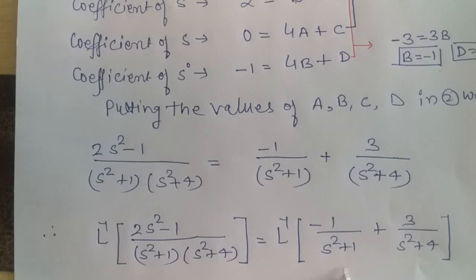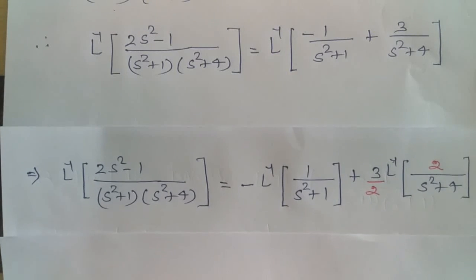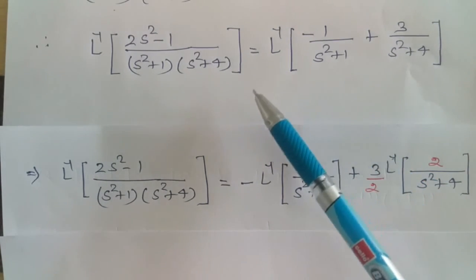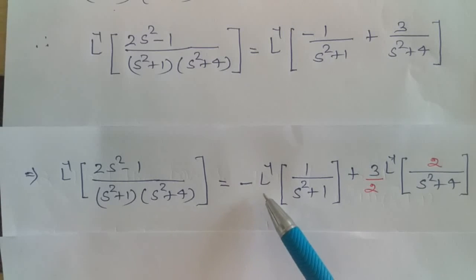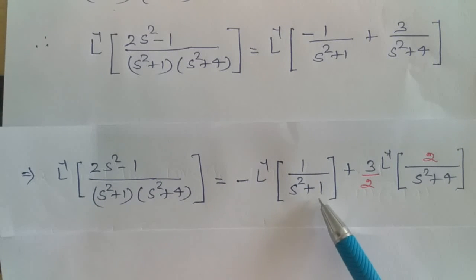Here we apply the linear property of inverse Laplace transform, and then we get minus is constant, so we write it outside, and we get inverse Laplace transform of 1 upon s square plus 1